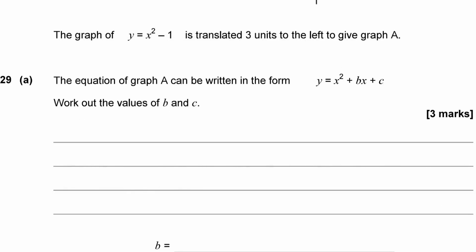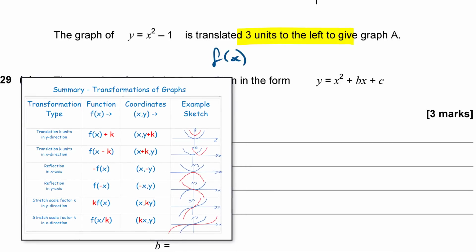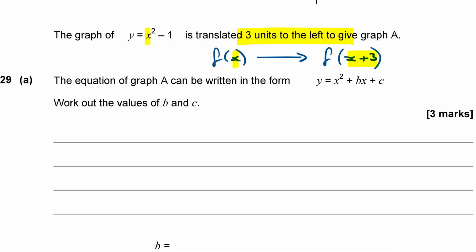So the graph of y equals x squared minus 1 is translated 3 units to the left to give graph A. Okay, so if I take a function f of x and I translate it 3 units to the left, that is equivalent of taking my value of x and adding 3 to each value. In other words, where I see x in my equation, I'm now going to have x plus 3 instead. So in the equation y equals x squared minus 1, I'm now going to have y equals x plus 3